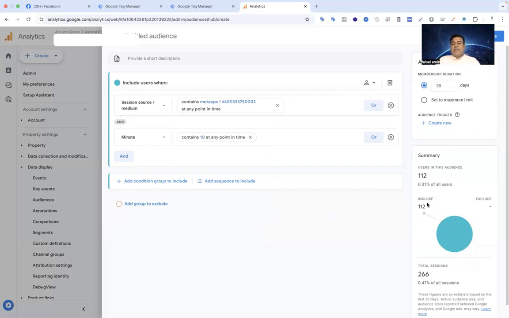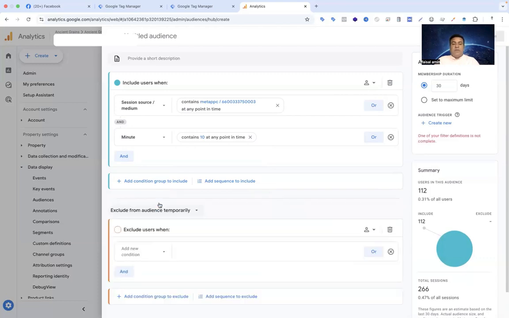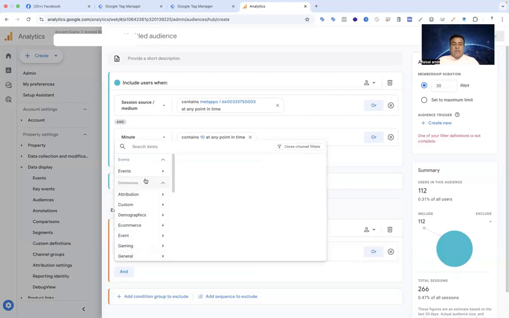Here you can see 112. These users are staying 10 minutes on our website. That means they are interested in my product. That is the really core insight you have to retarget. It means the people coming to our website are very interested because they are staying 10 minutes. So I also have to exclude the purchase, and we have to find the core audience who are not purchasing our product. So we exclude the purchase